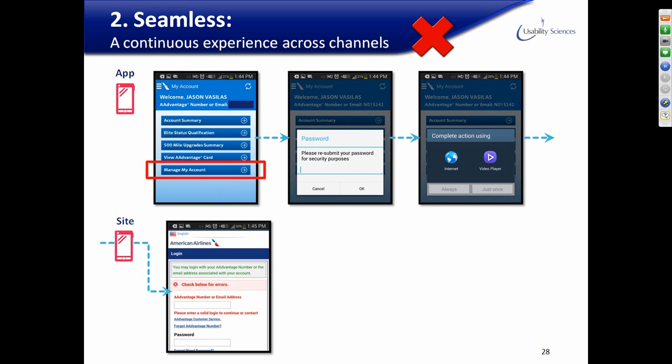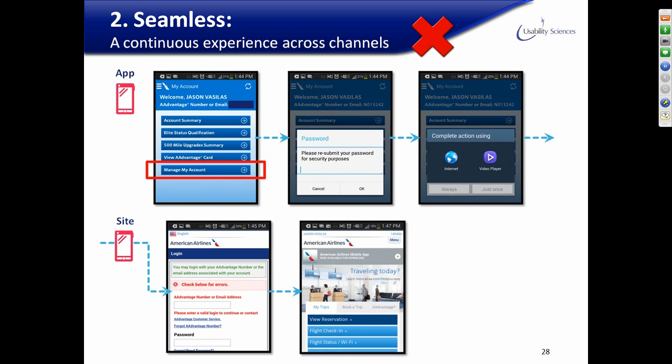which indicated I was attempting to log in but had not entered my username and password. And from the user standpoint, well, I'd already done that actually several times now, once when I started the app, but then also when I tapped on Manage My Account. So even though I was going to another channel, it was interrupting that process. I went ahead and entered my username and password, and then I was left on the home page, of which